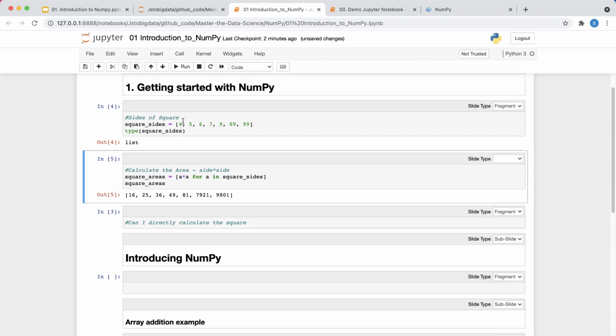So if the side is 4, area is 16, 5, 25. Similarly, if it is 99, 9801, that's my square area.